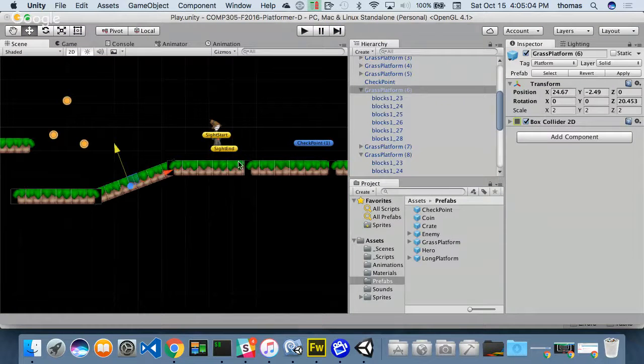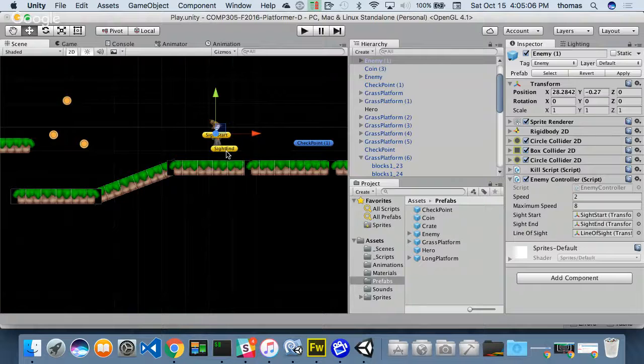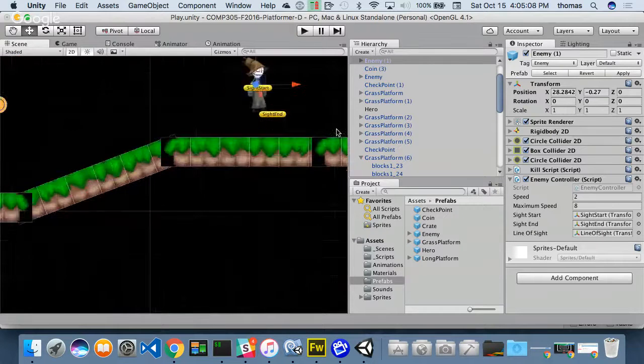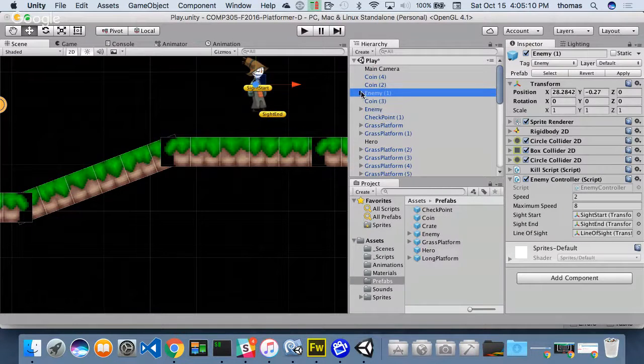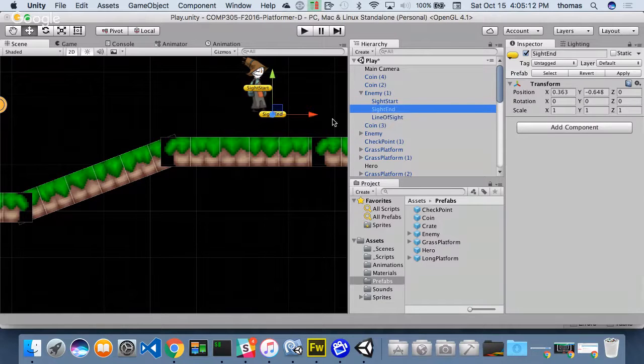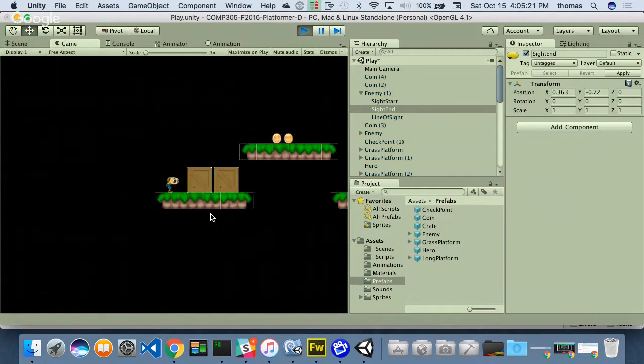So an example of this would be if I made his sight end, so here's the sight end, I'm going to zoom in here to the enemy object. This is just tweaking. Here's my sight end. And if I made this go a little bit lower, like this, right? Then he should be able to go down the ramp. Right? And again, if I go,